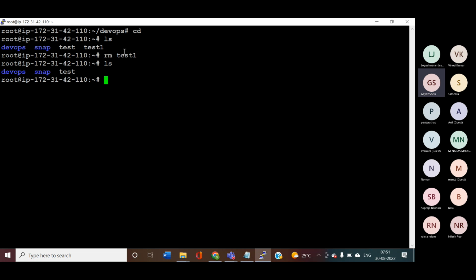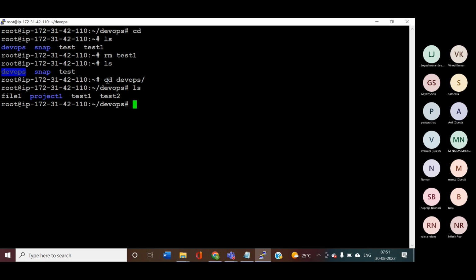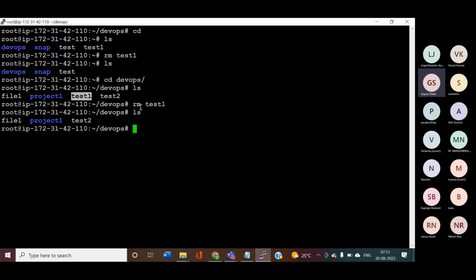Similarly, I have a DevOps folder. I want to remove the DevOps folder. But before removing DevOps, go into DevOps. Here we have these files, and here I want to remove the test1 file. I can use rm test1. Now check with ls. Test1 is not there. And I want to remove all the files, file1